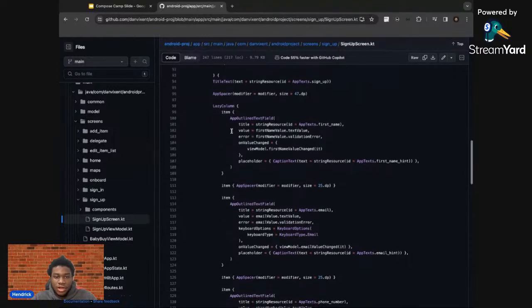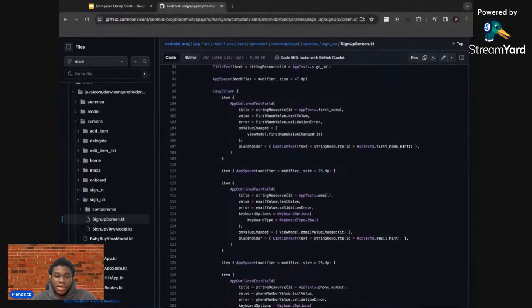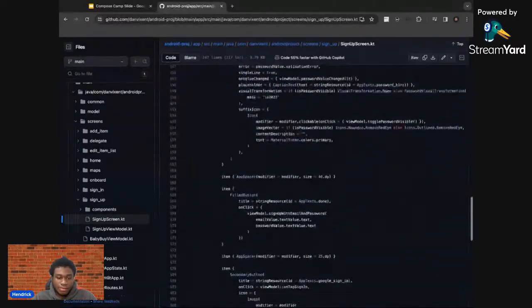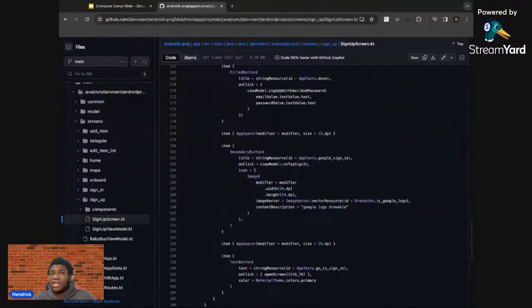And then we have lazy column. The lazy column takes a lambda to display something. So this is how Compose code looks most of the time. It's just your UI written as code, as any other Kotlin code, and that is the beauty.